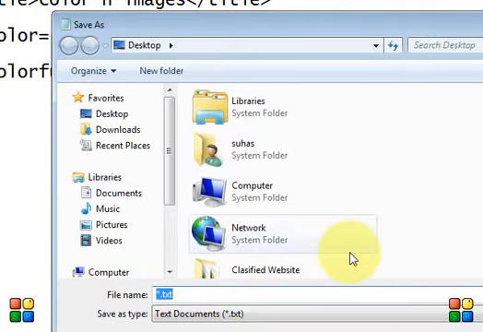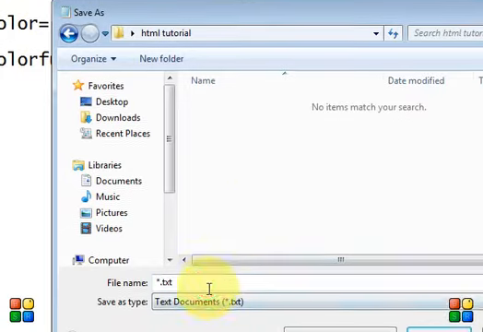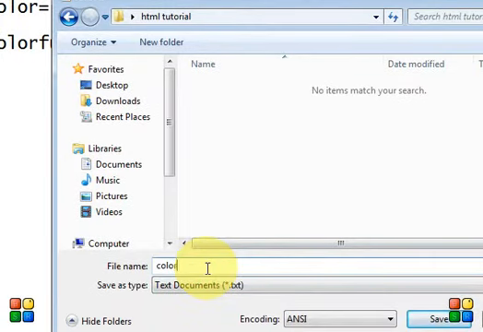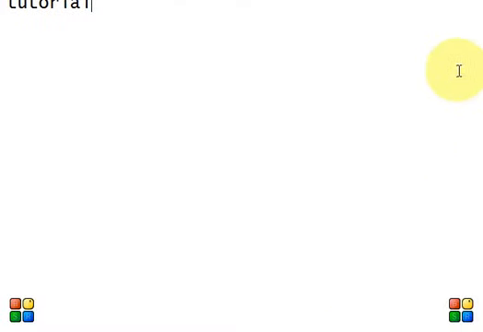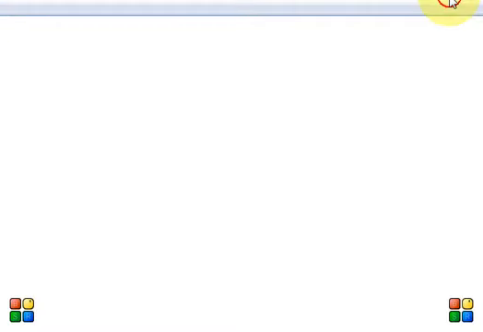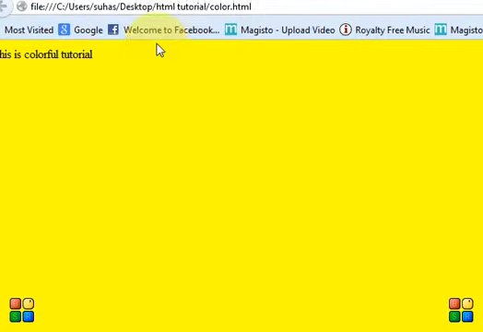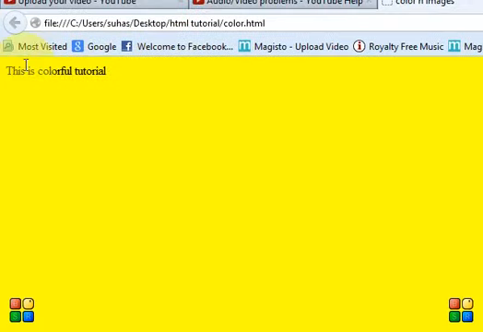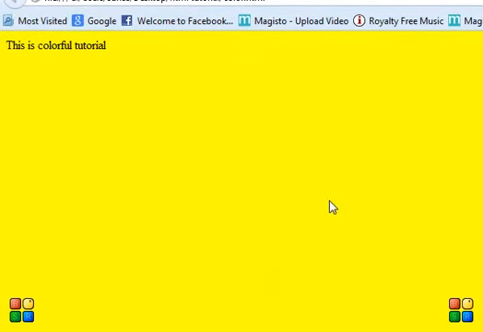I have created a folder for that, HTML tutorial, and I save the file as color.html. Now go to the folder, open that file, and you can see the color of the page is yellow. This is how HTML color works.